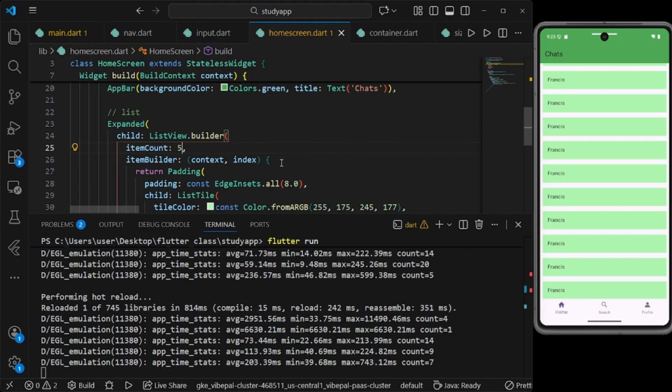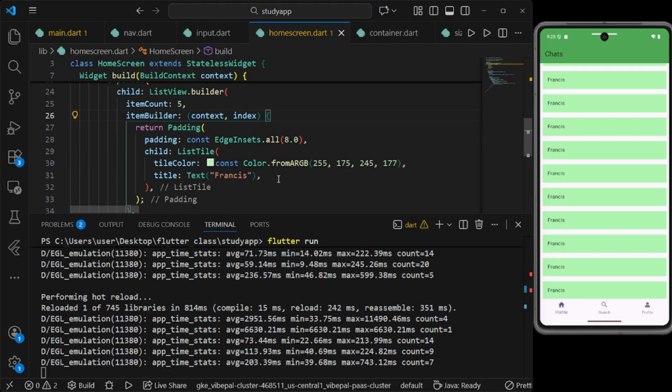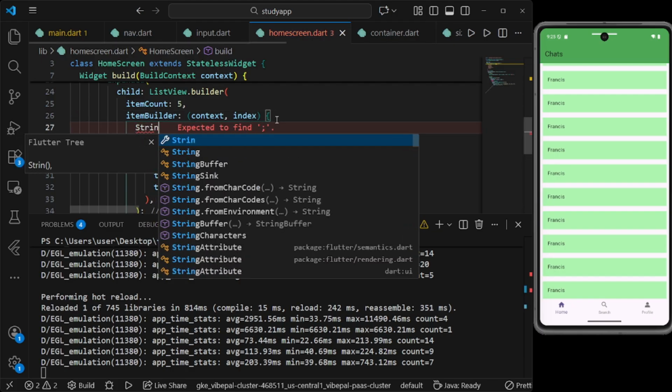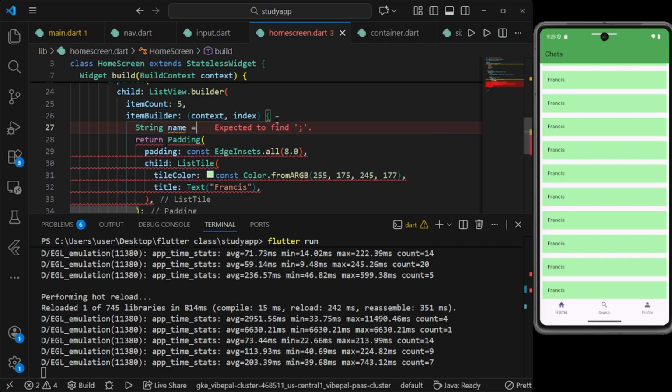Five items. So you're going to do that five times. For each item, you're going to get the index. We are now going to make use of this index, and with that index we are going to fetch the name. So the name is going to be a string name equals,